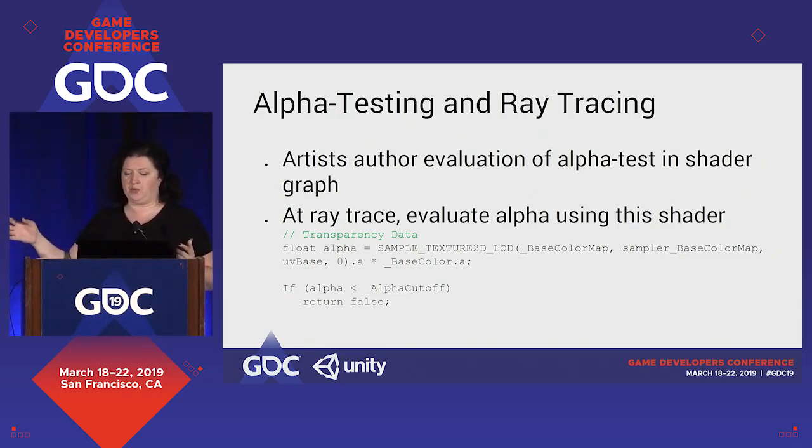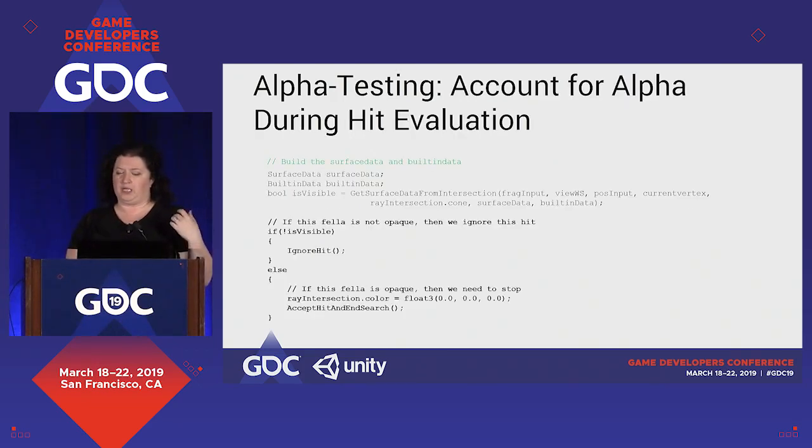In ray tracing, what we do is we evaluate the subgraph from the alpha tested evaluation. That's what you see here. And that evaluation increases the cost of the effects, right? Because we now need to add it to the any-hit surface shader. And all of the effects like shadows, AO, et cetera, need to support it in order to render it correctly. So the hit processing needs to account for alpha threshold.